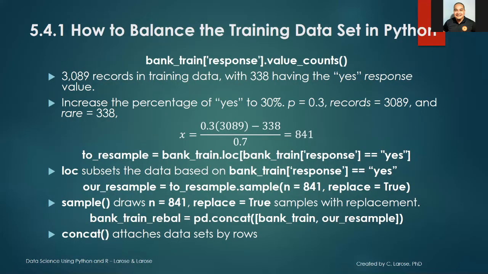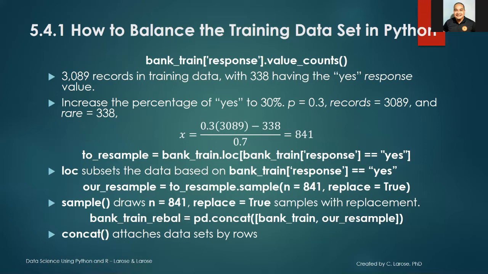First, we identify how many records in the bank_train have the less common value, yes for response, using the value_counts command through the syntax. The count of yes responses will change depending on the partition. For the partition using the random seed specified in the previous Python code, there are